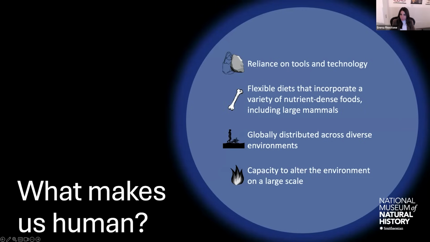We've also used our tools to expand globally across many different diverse environments. We live in hot climates, cold climates, we live on all continents, we live at high altitudes and low altitudes, and that's enabled by our tools and technology that we bring with us to help to overcome environmental challenges. And finally, the ways that we use tools to change and modify and shape our environments leave lasting impacts on planet Earth on an enormous scale. The scale with which we alter our environments using our tools is unparalleled in the rest of the animal world. And so we can trace the origins of these behaviors that make us human